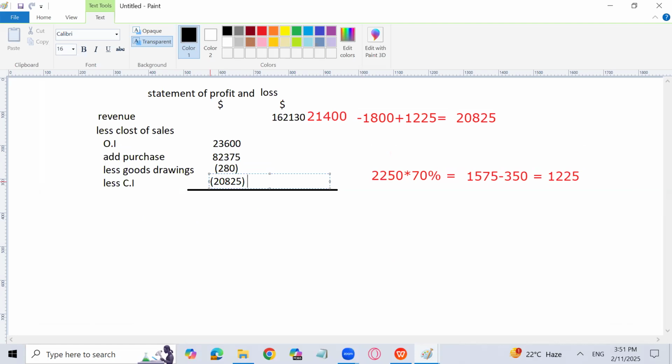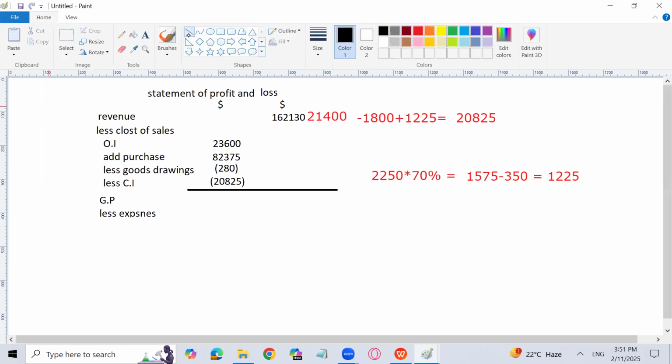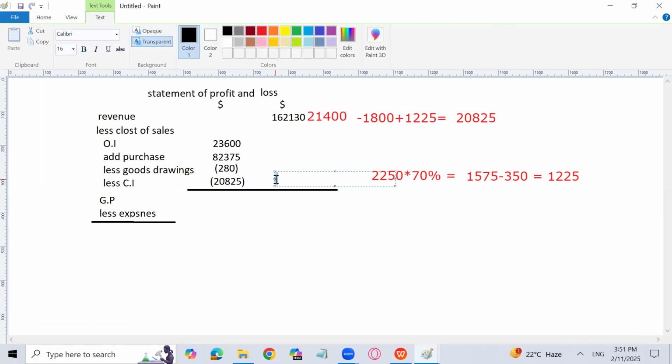Yes. So how much will it come now? I mean the cost of sales. Then I will write gross profit, and then I will subtract the expenses from the gross profit to find the profit for the year. So what is the gross profit? Oh, what is the cost of sales? 84870, and the gross profit is